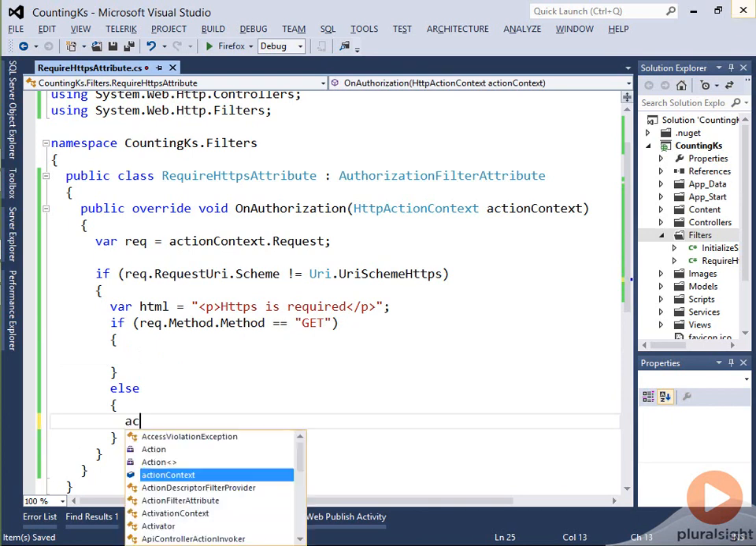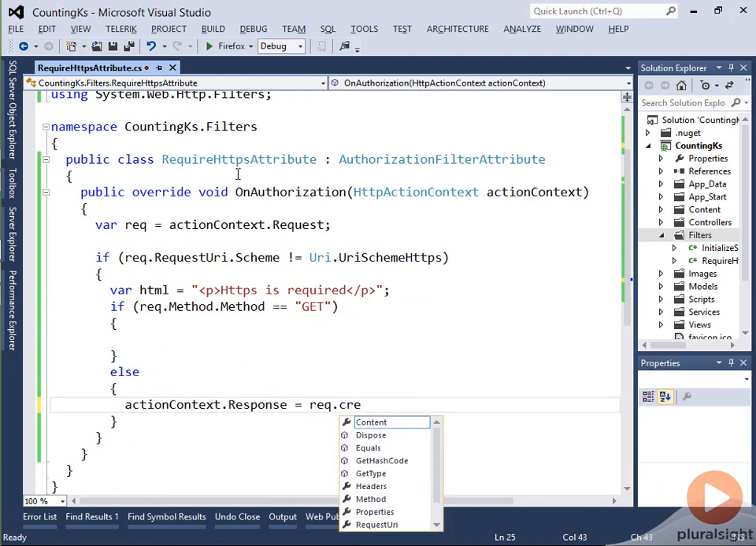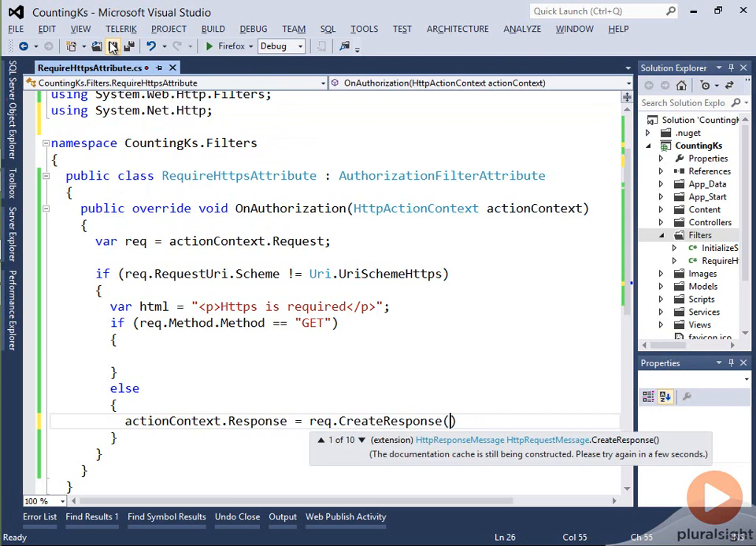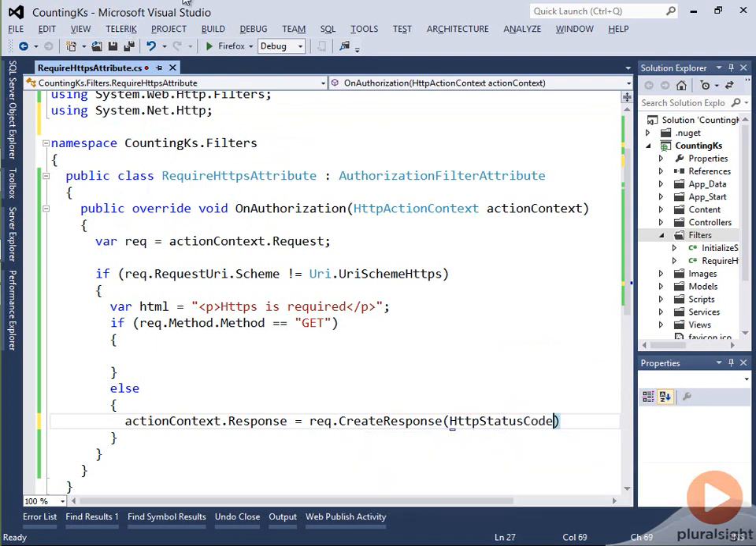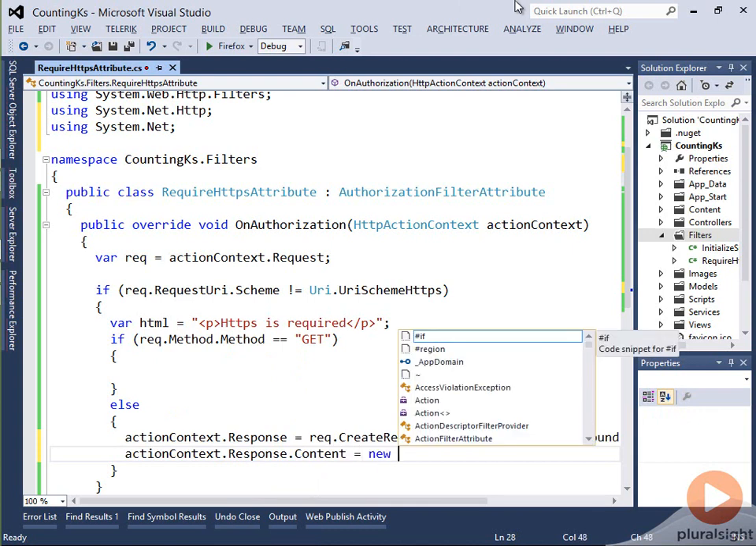Here we can simply say actionContext.Response equals request.CreateResponse, and notice it's not showing up in IntelliSense. That's because we're actually missing a namespace declaration where the extension method for request.CreateResponse is included, and that is System.Net.Http. We include that, then we can now see that we're getting IntelliSense for the extension method of CreateResponse. And we're just going to want to set the status here and add that namespace of System.Net to NotFound. And then we're going to need to set the